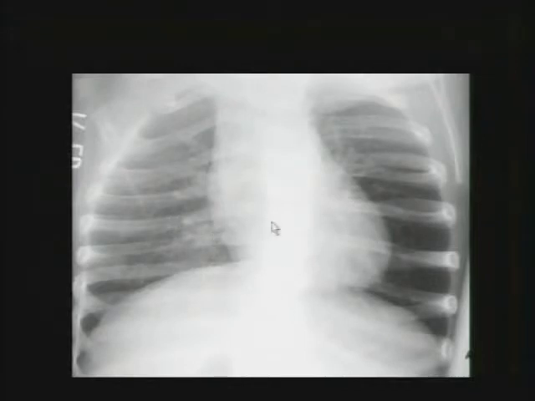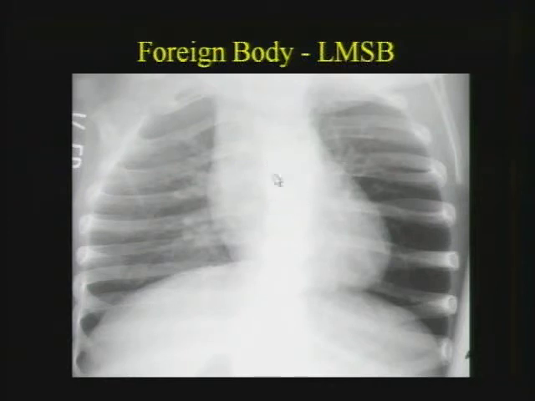Here's a child with asymmetric aeration. We're going to see several of these. Some of the unknowns were asymmetric aeration. Notice that these ribs are splayed. There's some bulging of the pleura. And one important cause of this type of asymmetry in children is a foreign body. In this case, a foreign body in the left mainstem bronchus where there is obstruction of the mainstem bronchus and